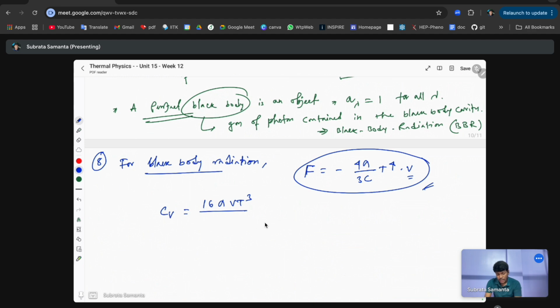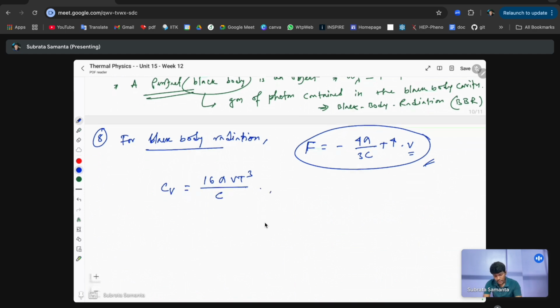And Cv is basically T cube, with one more derivative with respect to temperature. So this is basically 16 sigma Vt cube over c, and the entropy is basically 16 sigma over 3c,